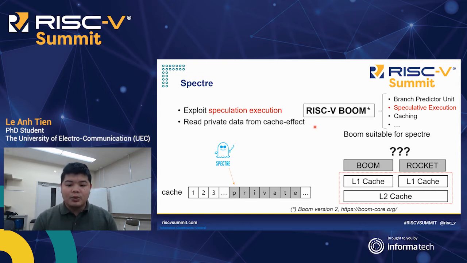Extending that research, the RISC-V ecosystem also has an in-order core called Rocket. Both of them, Rocket and BOOM, have their advantages and disadvantages. Accordingly, we are now continuing to experiment with Spectre on a multi-core processor. This hybrid processor would combine and enhance the distinct advantages of the out-of-order and in-order processors. Therefore, it becomes a good target for this security experiment.